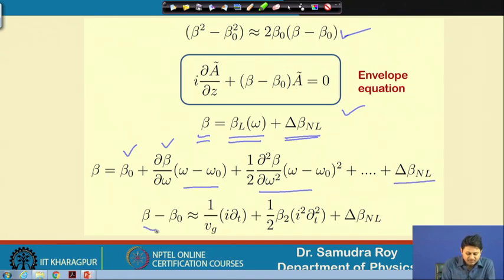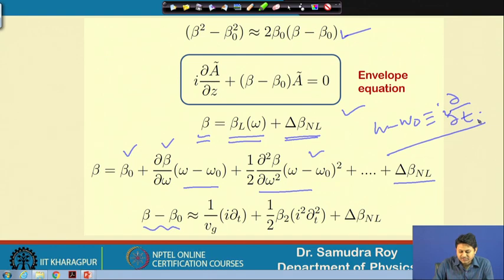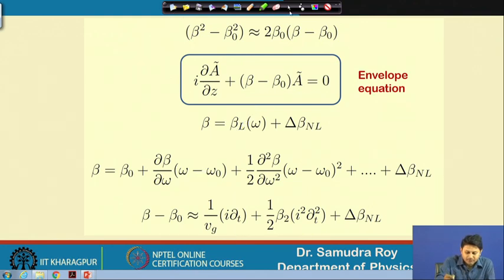Now, beta minus beta 0, if I take up to this, will be simply this quantity, and now I replace omega minus omega 0 with the derivative. So, omega minus omega 0, in the last class we have shown that we can change it to this operator. So, when you change this operator, that means these things I put here. This operator will operate over A, which is in frequency domain. That means I need to change this A to time domain, because now I change the entire part in time. So, if we do that,